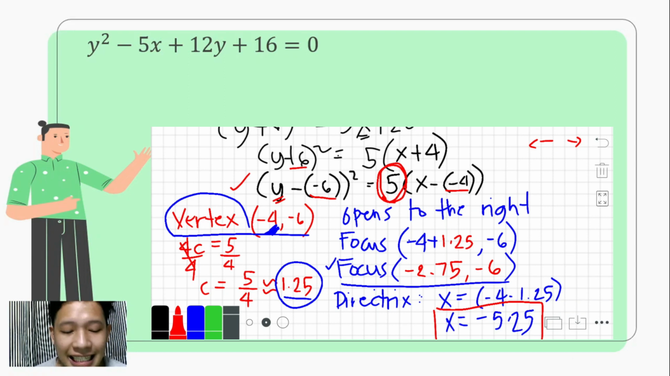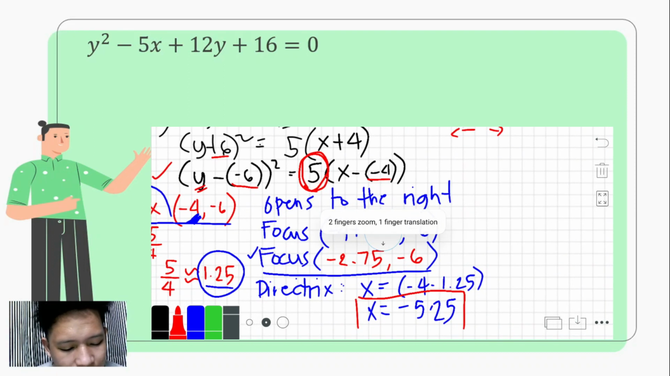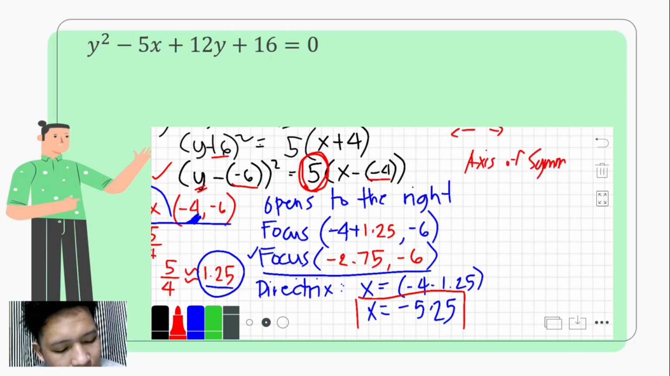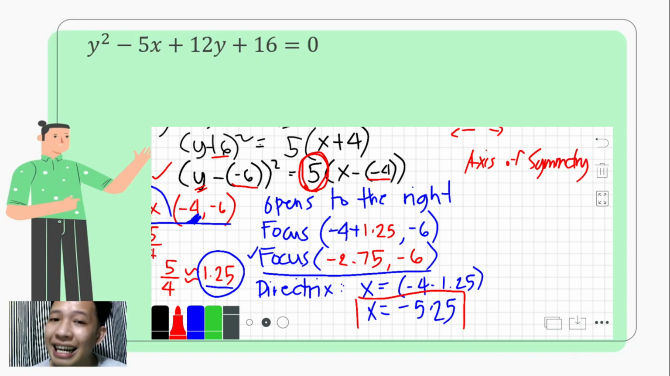Okay po? And lastly is our axis of symmetry. So, our axis of symmetry is a line which divides the parabola into two congruent parts. Now, since the parabola opens to the right, then our axis of symmetry is perpendicular to our directrix and is parallel to our x-axis. So, if it is parallel to the x-axis, it means, what is